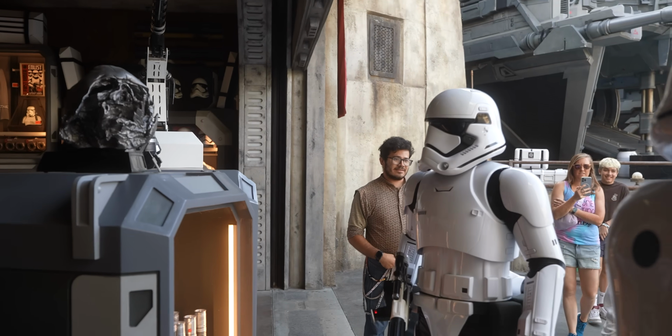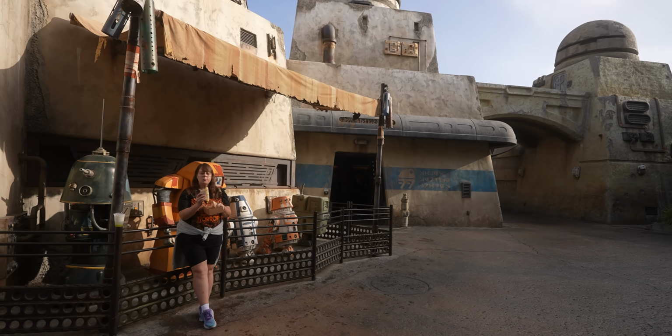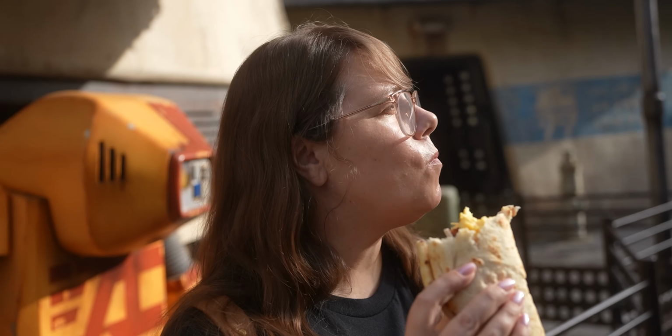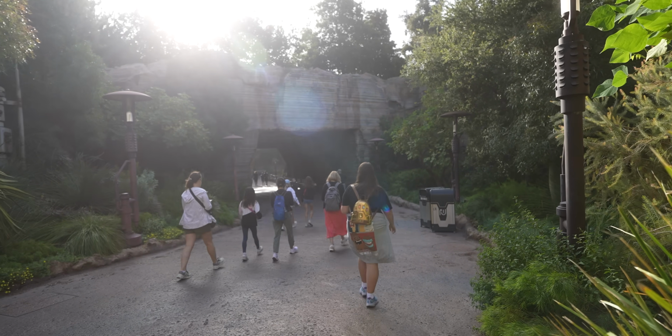No. Good. Proceed. The reason why I think I like the Ronto wrap more than the breakfast chimichanga is it's bigger, so you get more for your value. Plus, you're eating it here in Batuu in Galaxy's Edge, and everything's better in Galaxy's Edge. That's just a fact. It's only 9 a.m. and we're making exceptional time. We're walking through